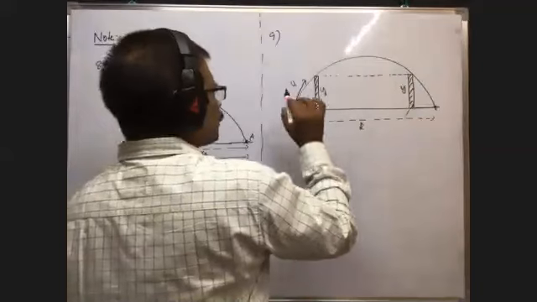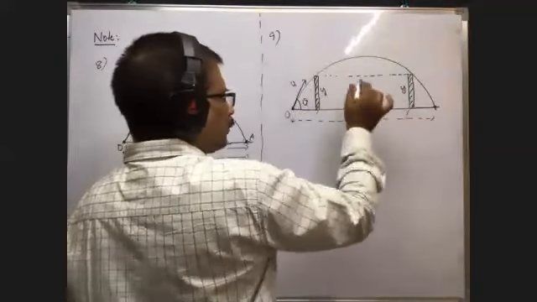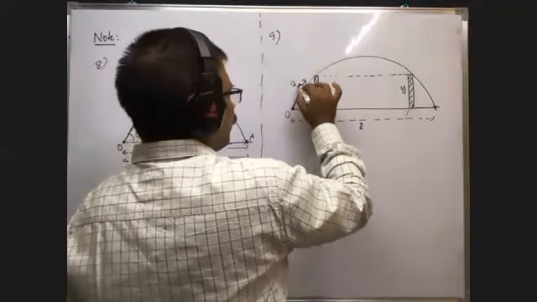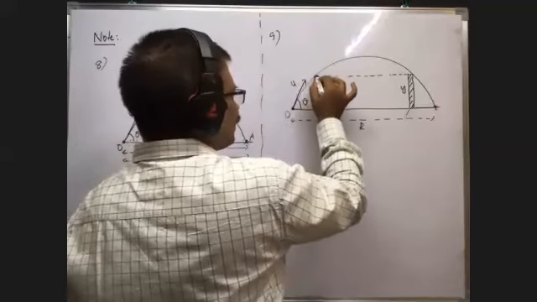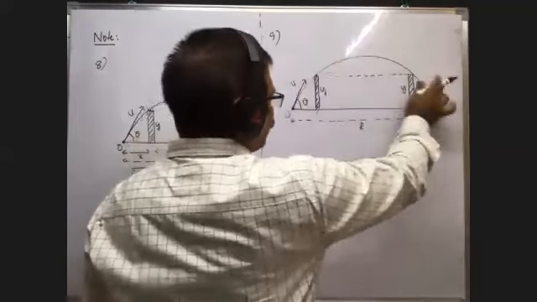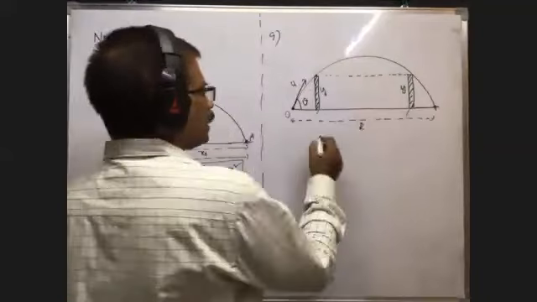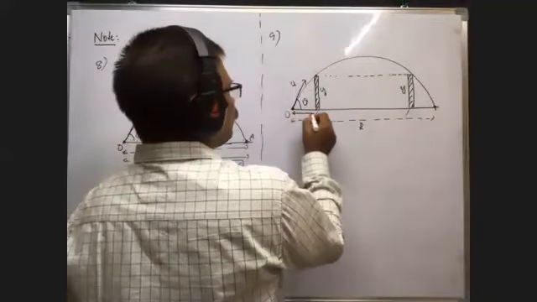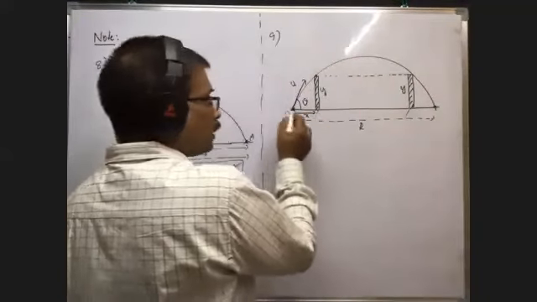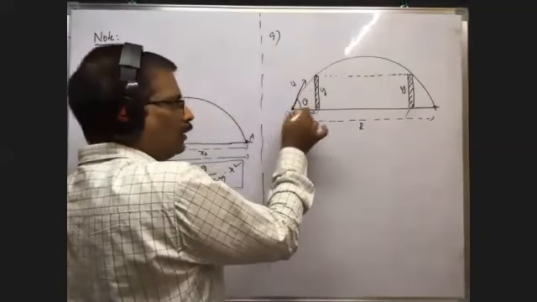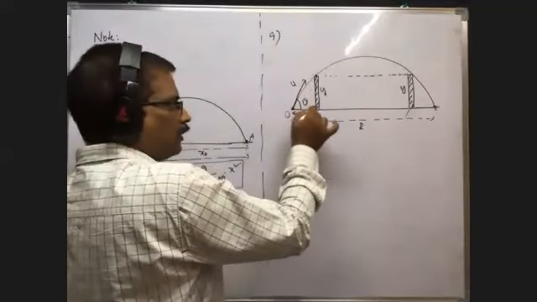Suppose when you project the body, as these two walls are symmetric, with a velocity u at an angle theta so that it just clears the wall, definitely it will clear the other wall also. In such a case, what is the condition? Suppose you know this distance x, because as it is our compound wall only, we can find the distance between these two. You know the x value.